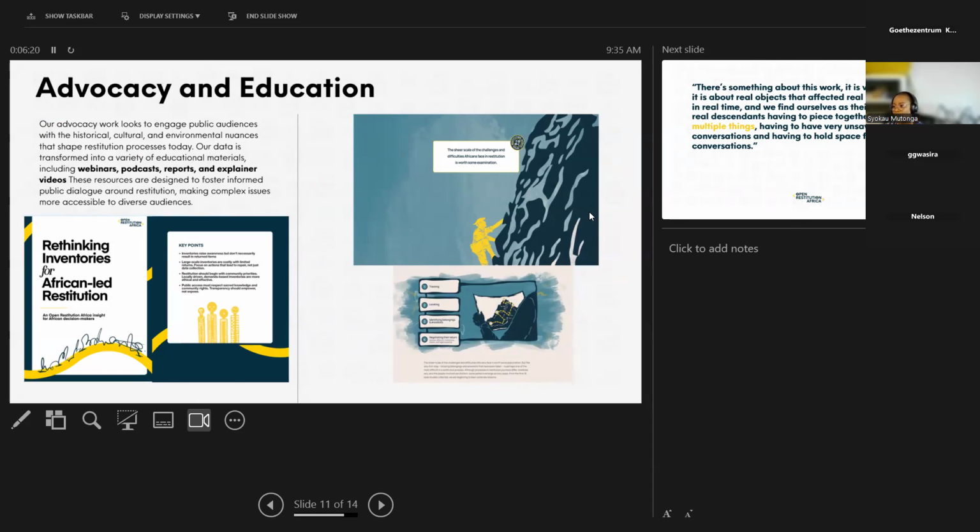And so we did another report, because some African governments have approached us and asked us, what is one thing we can do to support restitution? And most times what governments do is inventory projects. We have a few that have been done on the continent, and our research was asking, is an inventory project really the best method that African governments should go for when wanting to support restitution processes? And the position we took was that if an African government chooses to commit its limited resources to an inventory project, it should take a